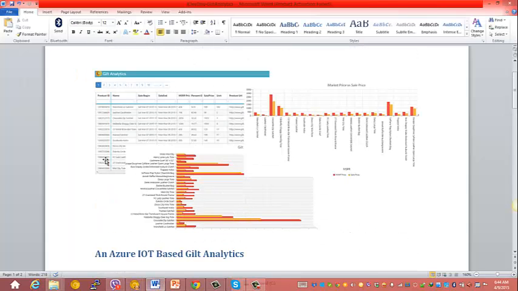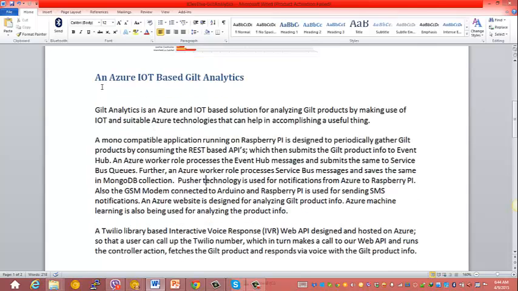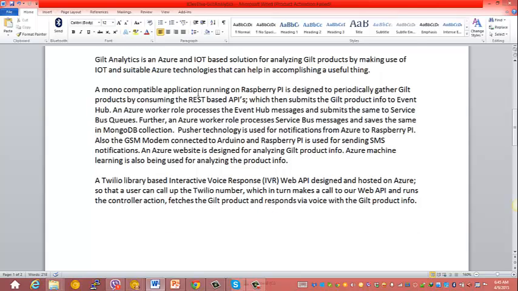So here you can see a complete overview of an Azure and IoT based Gilt Analytics. It's mainly a solution for analyzing Gilt products. It's based on the IoT and Azure technologies, which will help in accomplishing some useful things. The mono-compatible application is designed for running on Raspberry Pi, which will use the REST-based APIs and will submit all the messages to Event Hub,